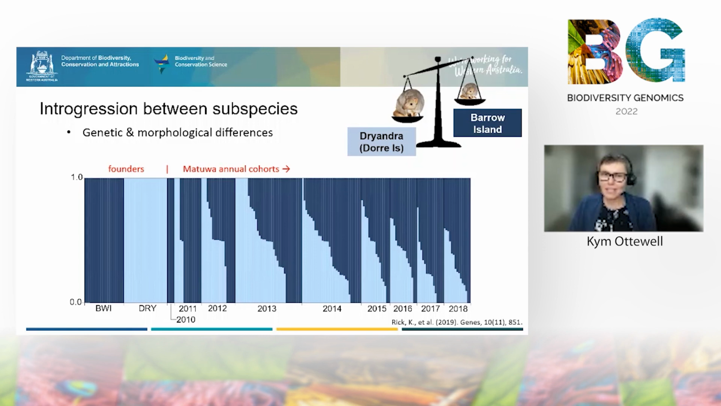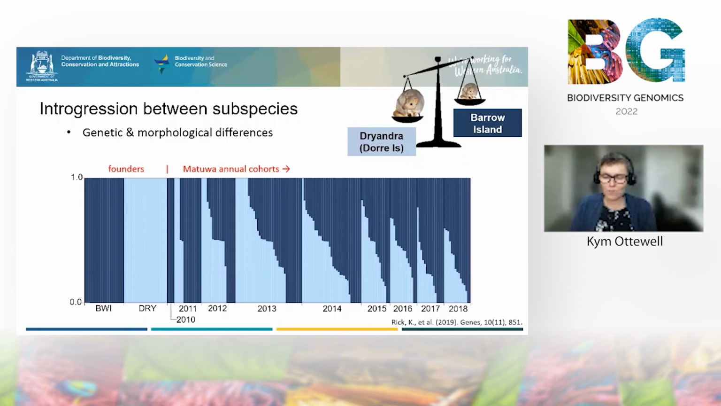So the Mattawa population, where we mixed Barrow Island booties with animals sourced from a Dryandra population, which was originally sourced from Dorre Island, is one where we can actually investigate this question in a lot more detail. And this was the subject of honours student Kate Rick, who completed her thesis in 2019, where we were able to use comprehensive tissue sampling across founders and annual cohorts of booties that allowed us to investigate those patterns of